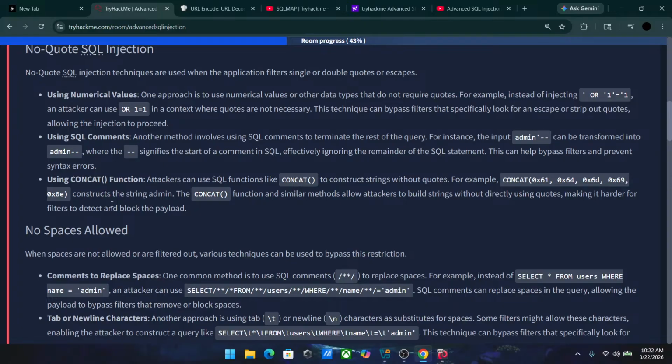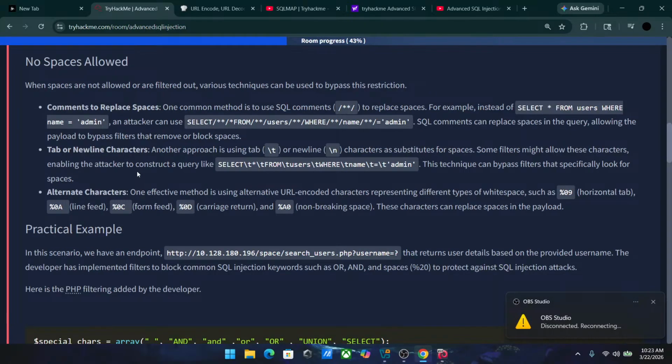For example, instead of injecting 1 or 1 is equal to 1 with quotes, an attacker can use or 1 is equal to 1 in a context where both are numeric. This technique can bypass filters that especially look for or escape or strip out quotes, allowing the injection to proceed using SQL commands. Another method involves using SQL commands to turn. Let's see. Commands to